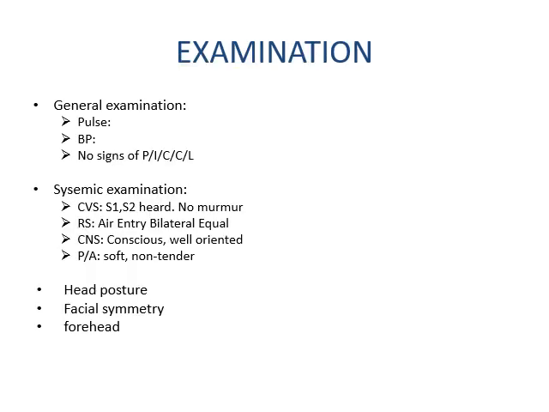Examination. In general examination, you have to see pulse, BP and signs of pallor, icterus, cyanosis, clubbing and lymphadenopathy. For our patient, pulse will be normal, say 72 beats per minute. BP will be normal, 120 by 60 mm of mercury, and there are no signs of pallor, icterus, clubbing, cyanosis or lymphadenopathy. Systemic examination will be normal for our patient.